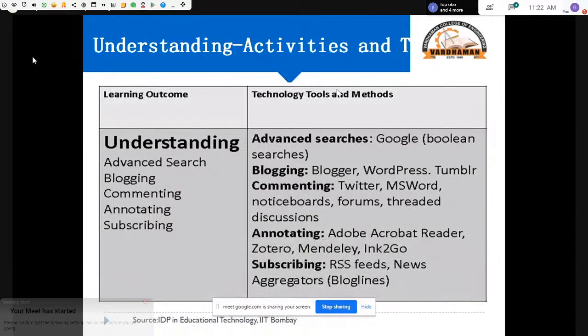So now, for understanding, what kind of activities can we do, and what other tools can we use? We can have an advanced search, we can do blogging, we can do commenting, we can do annotating, we can do subscribing. So now, what does this advanced search say? I said for remembering we do Google Search, and for advanced search,